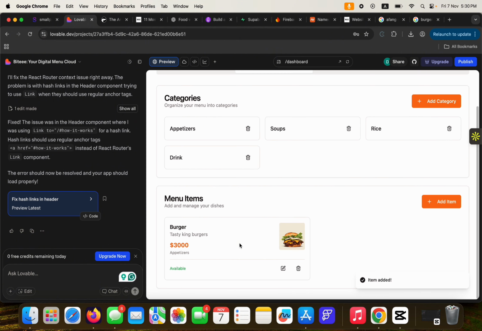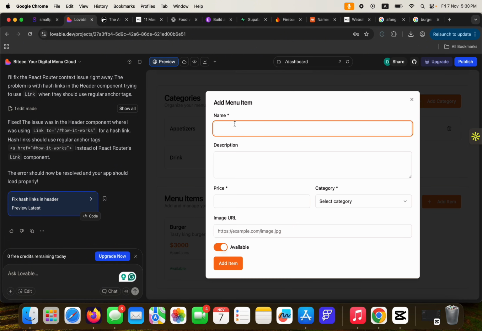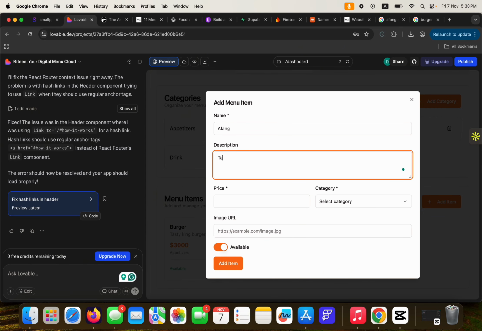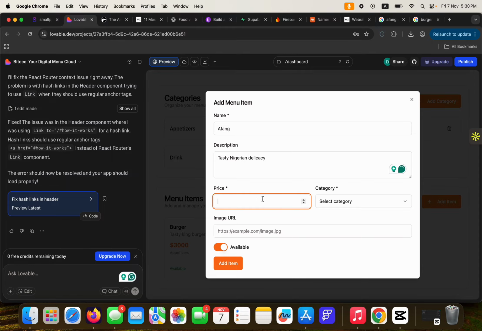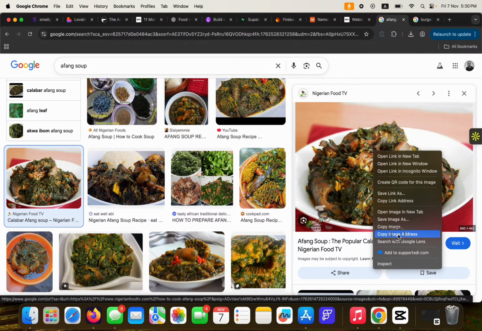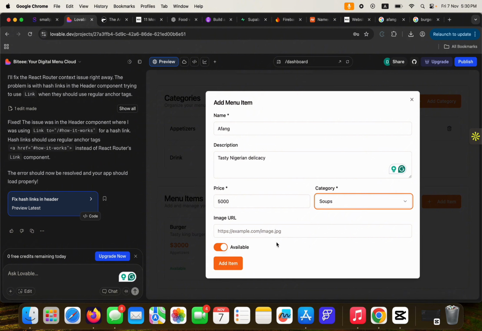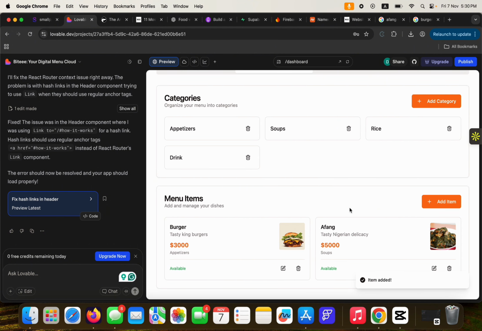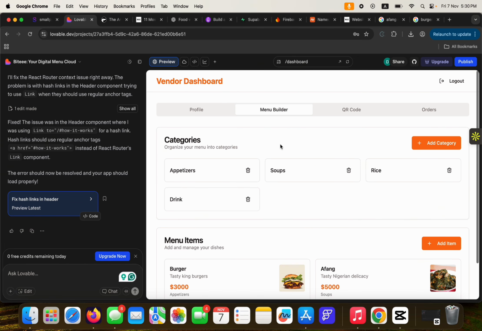So the item has been added. This is how it shows. It shows here available. Okay, then I can add another item. All right, let's just be creative. So let's say afang, tasty Nigerian delicacy. All right, then here we can just say it's 5,000. Then the category is going to be soups. Then I can just copy the image of afang soup and paste it here and add item. All right, so now we have 2 items in our food menu for our business called